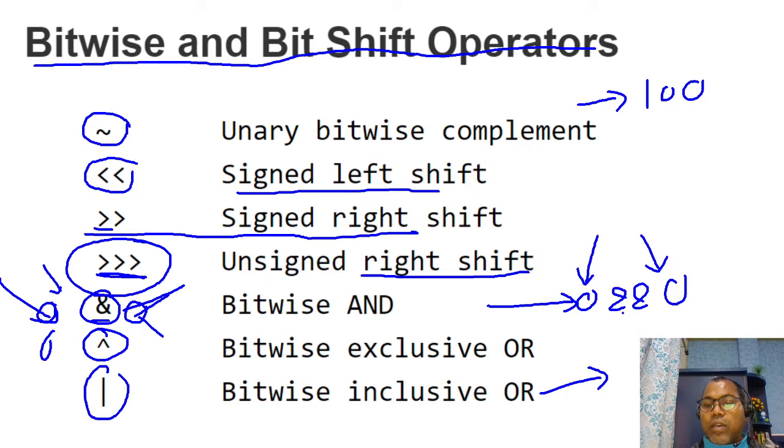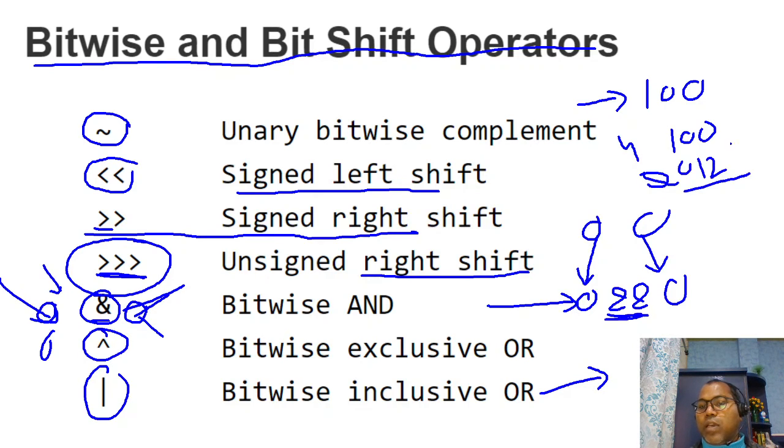But in the case of the logical short circuit AND operator, you have to pass boolean values on both sides. Sometimes it is confusing that this single operator is also AND, and this one is also AND. This is the logical short circuit AND, and this is the bitwise AND. They take two numbers and compare them bit by bit. Let's say we have the numbers 1 0 1 and 0 1 0 in binary. If I apply AND, it returns 1 and 0 gives 0, 0 and 1 gives 0, so the result is 0.